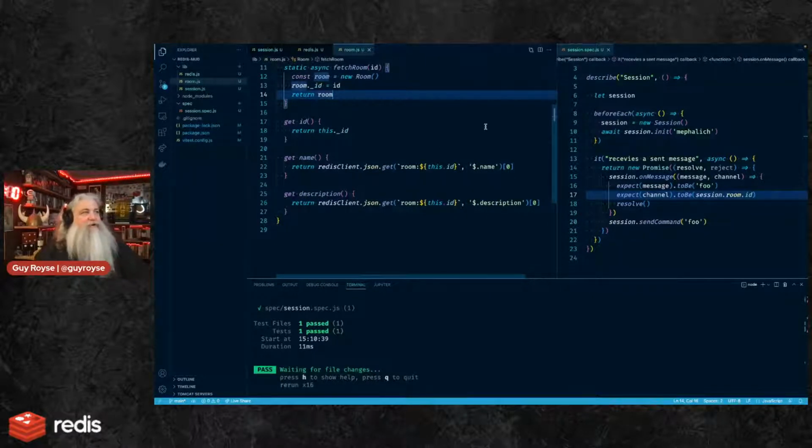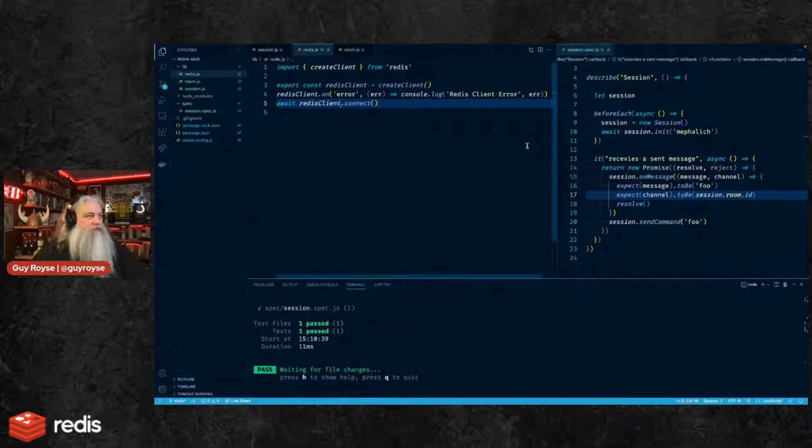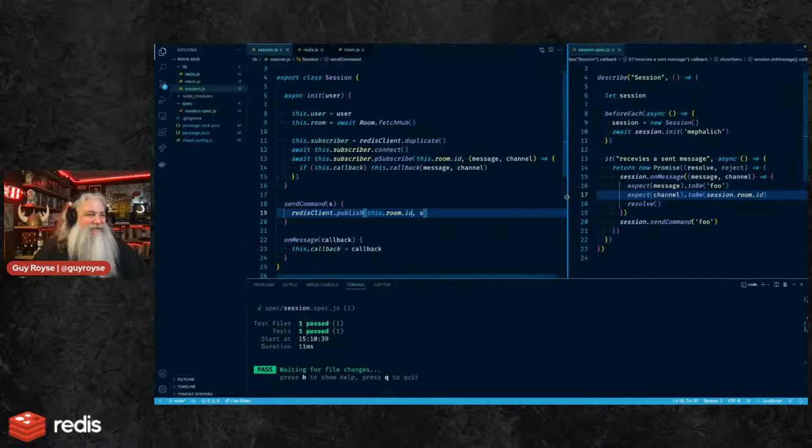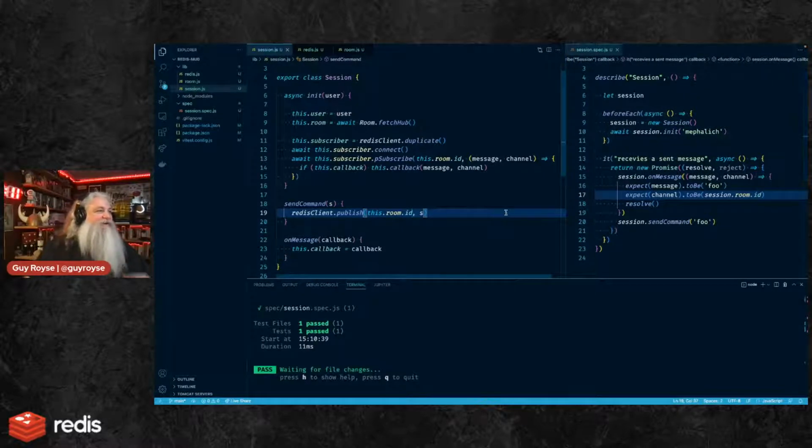It's kind of an interesting pattern. It's nice because it creates live objects. So every single time I ask for the ID or the name or the description, it's going to go to Redis and get it, which is nice because it's always super current, but it's bad because it's chatty. But I'm going to go down this path a little bit and just see where it takes me. And it'll probably take me somewhere bad, honestly, but that's okay. This is how we learn, right?